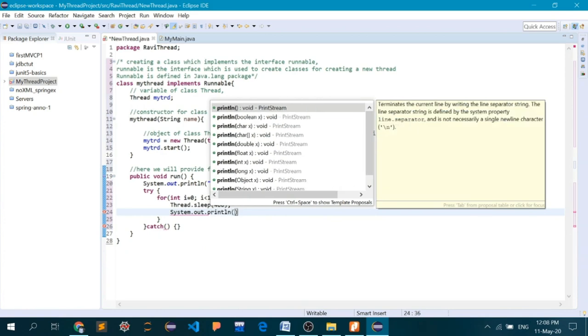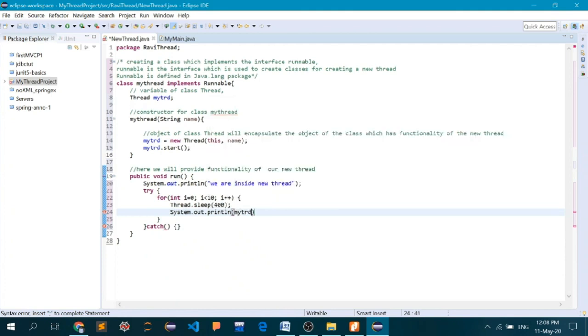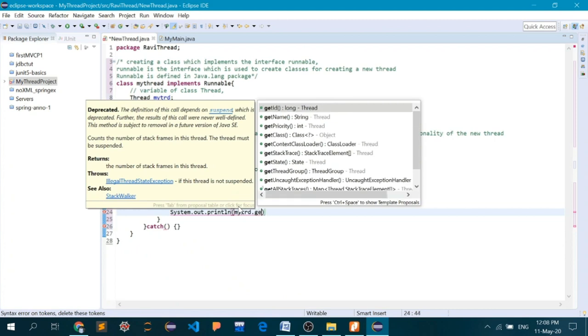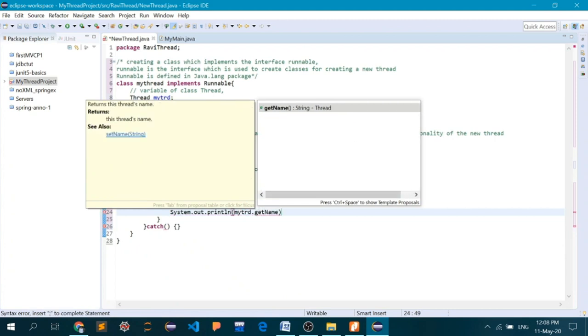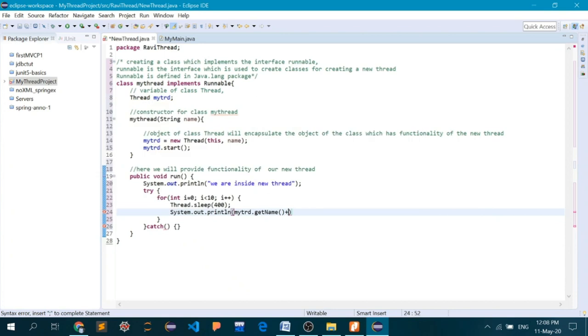println, and again I will call a function which is defined in Thread, as the name is mytrd.getName() plus " is running in loop number " plus i.